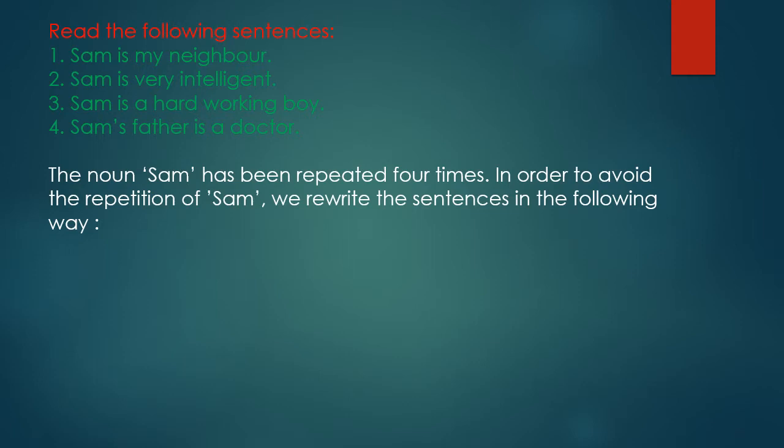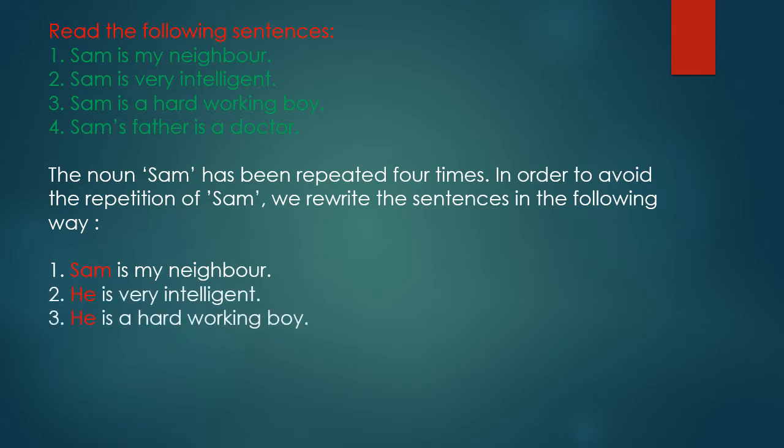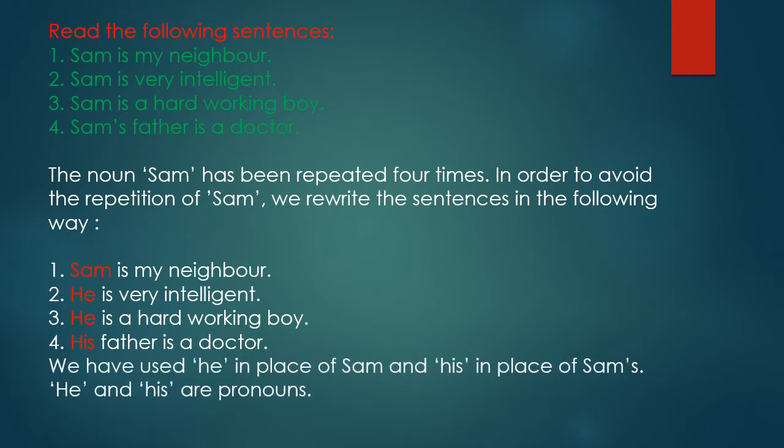In order to avoid the repetition of Sam, we rewrite the sentences in the following way. Let's see. Number 1, Sam is my neighbor. Number 2, he is very intelligent. Number 3, he is a hard-working boy. Number 4, his father is a doctor. So here we have used he in place of Sam. Yes, and his in place of Sam's. He and his are,